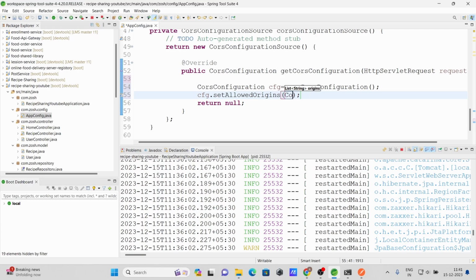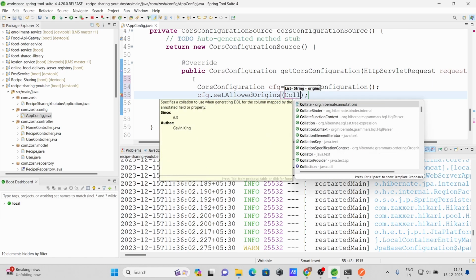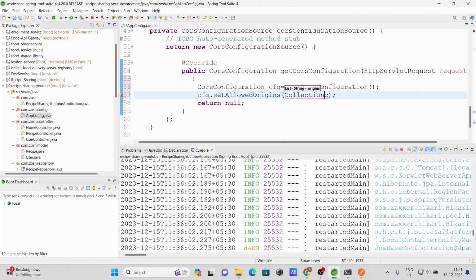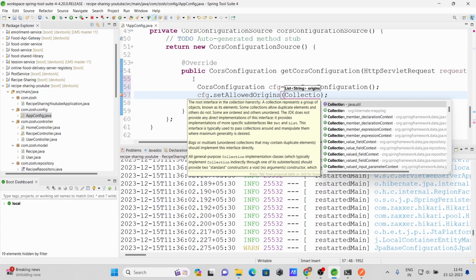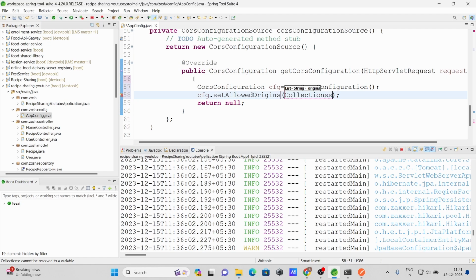So for that what I'm gonna do is collections.singletonList, and here I need to give universal like this. Okay, for any of these it can be accessible. Now let me copy this,